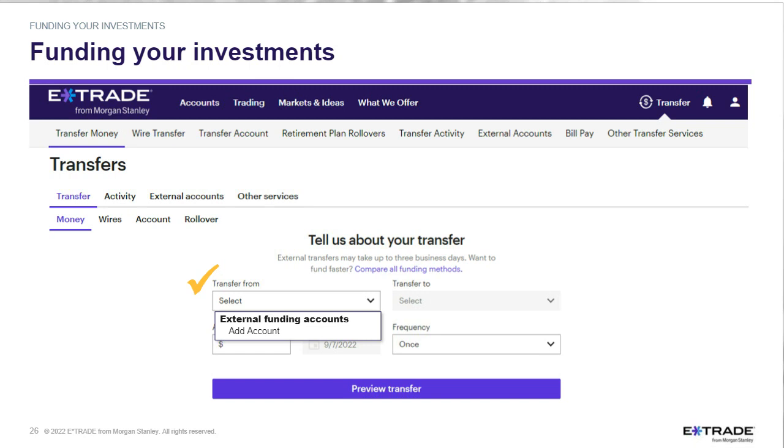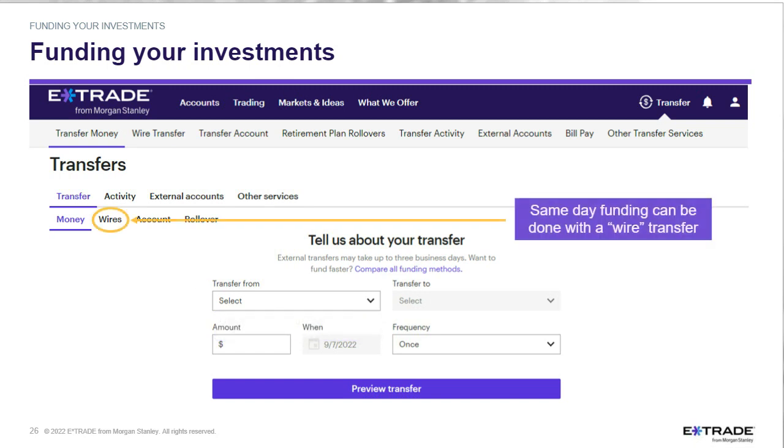Now, if you do have an urgency, you can use what's called a wire transfer. Wires are real time, same day. So if you are attempting to make an investment today, if you get to your bank in the morning with proper wire instructions, which you can get from our website, they should be able to get that into E-Trade and in tradable funds that same day.